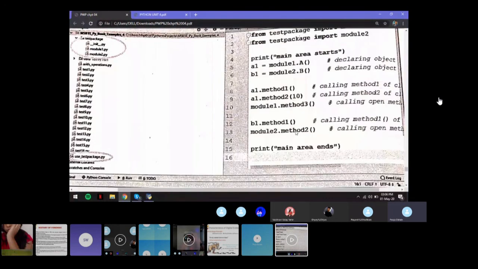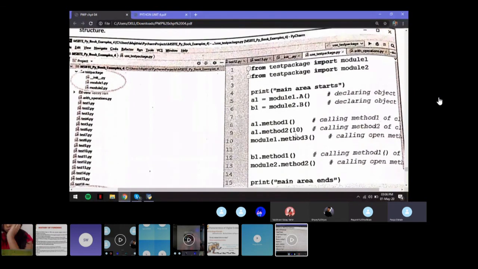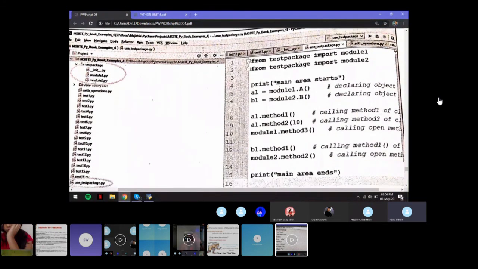So you'll create a new Python package. And then in that package, they've created two modules, module 1 and module 2 dot py.